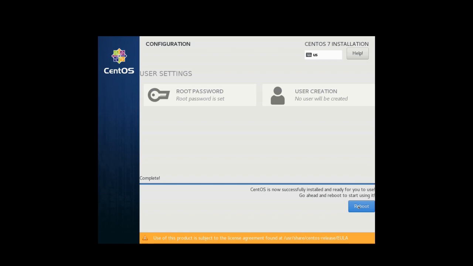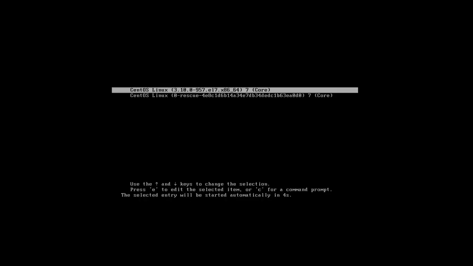It will reboot. Let's wait for a moment. Alright, it has successfully started. Let's give the root username and password.